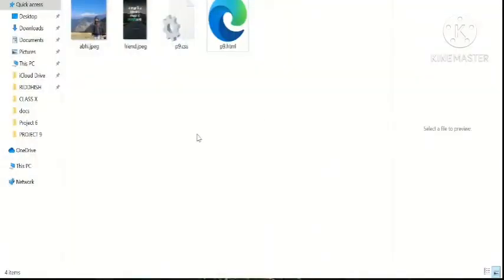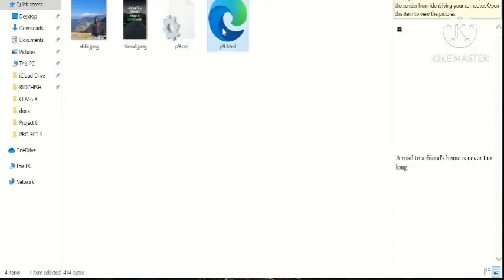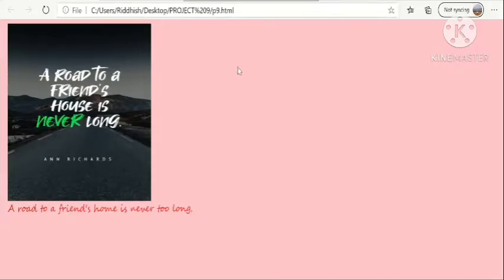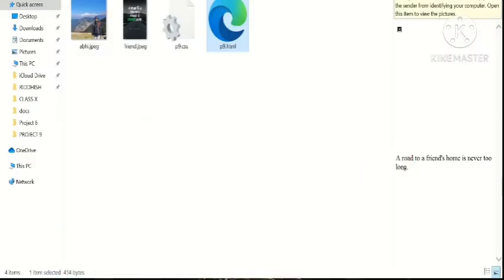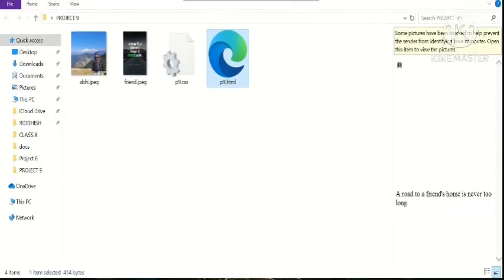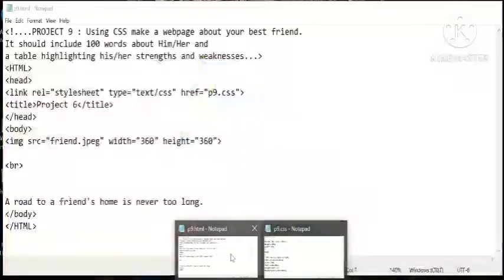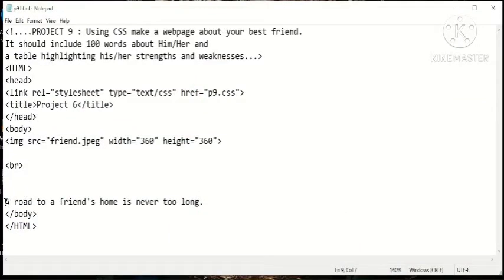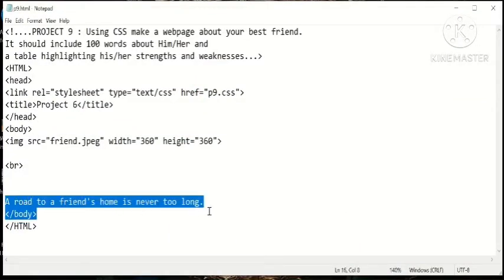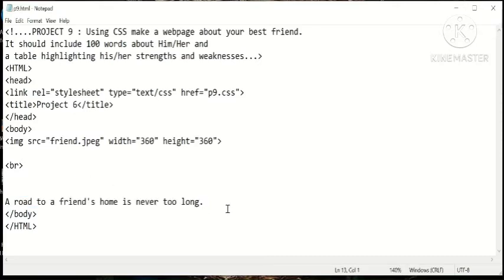Now, if we click on this p9.html, we see the image, and this image was uploaded in the HTML document. Its tag was given in the HTML document, as you can read the line below the body. And we have also written this text.